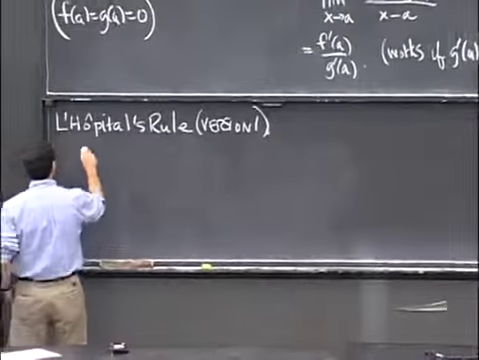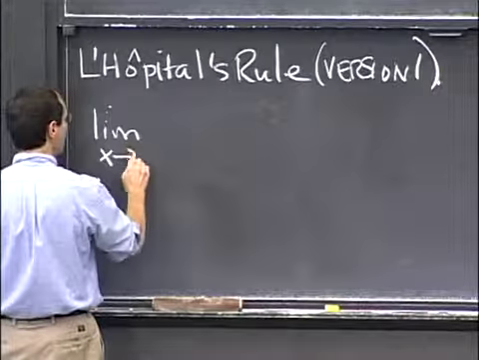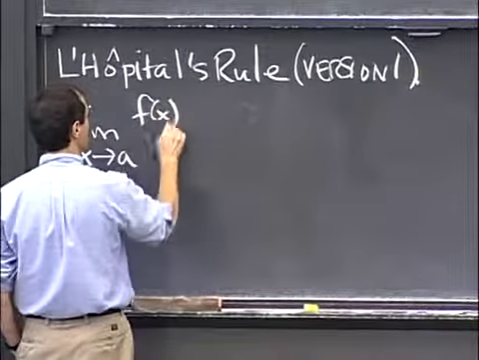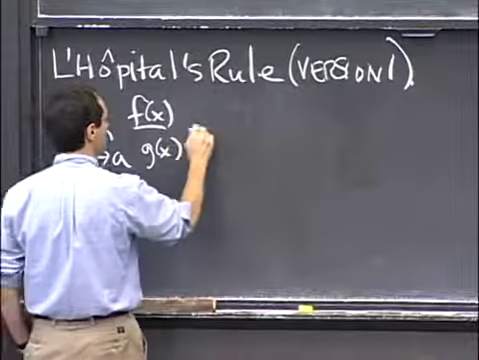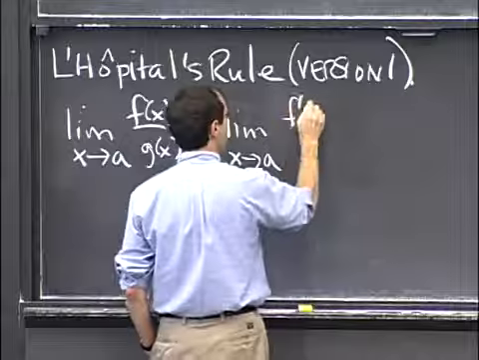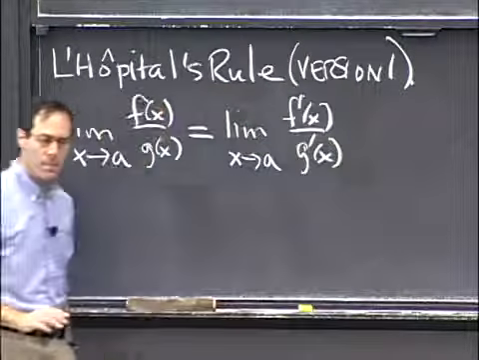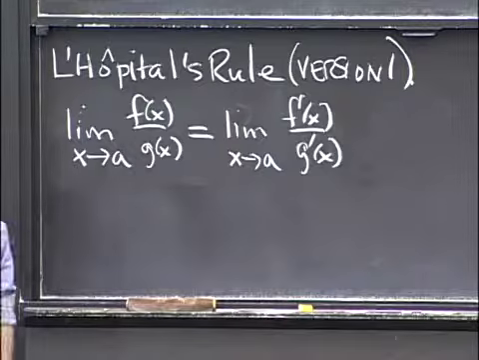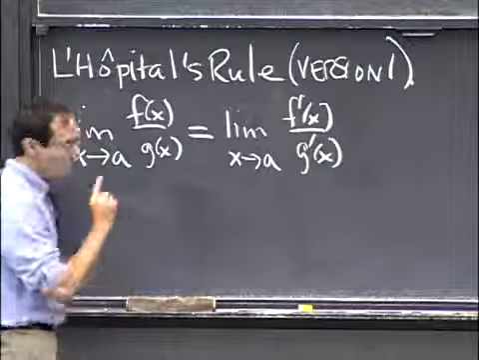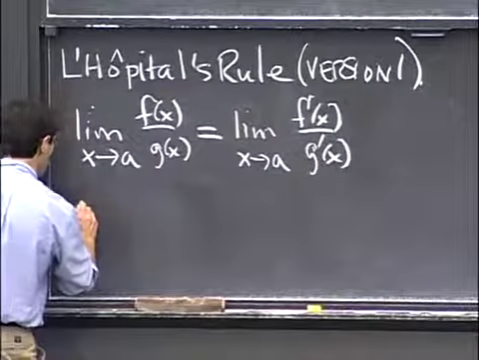So now here's what we're going to do. We're going to say that it turns out that the limit as x goes to a of f of x divided by g of x is equal to the limit as x goes to a of f prime of x divided by g prime of x. Now that looks practically the same as what we said before, and I have to make sure that you understand when it works. So it works provided